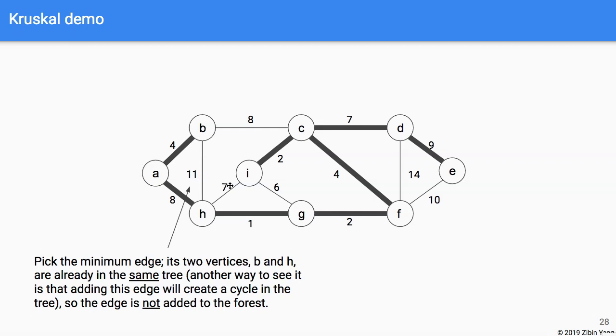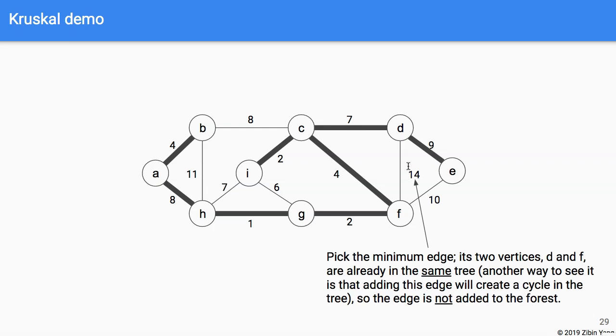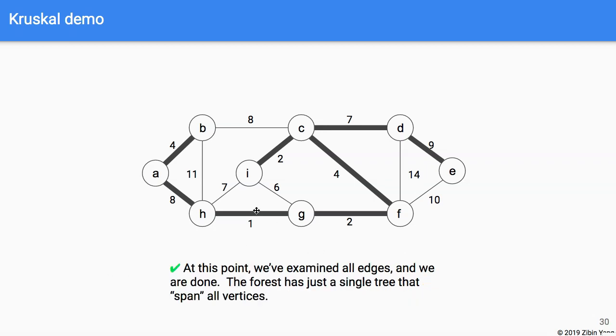And then are we done? No, we have one more. We have an edge of weight 14. But again, you can see that we do not use this edge as part of the minimum spanning tree. So as a matter of fact, at this point, we've gone through all the edges, and so we're done. This forest has only a single tree with these thick edges. You can see that it spans all the vertices, and it is the minimum